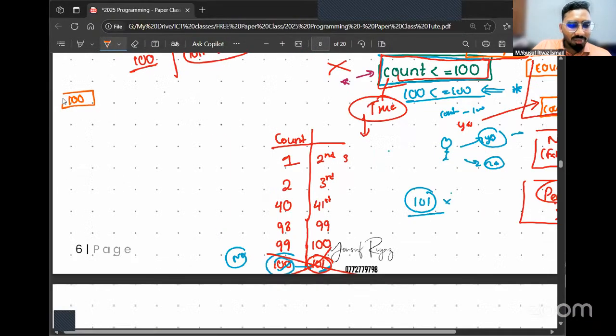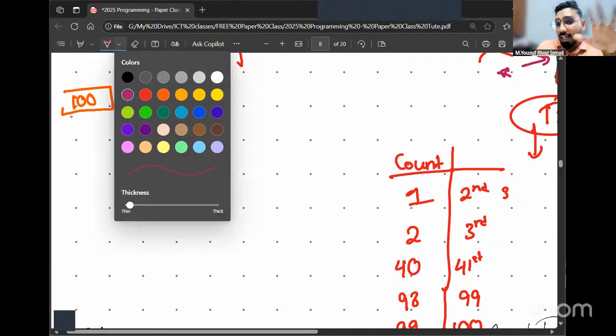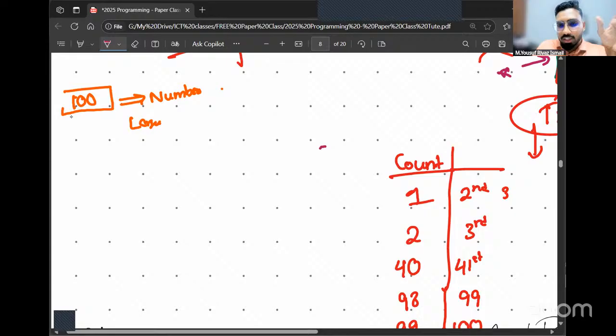Coming back to the question. Let's say I tell you that I'm going to give you 100 numbers. Out of the 100 numbers, you're supposed to tell me the largest number. Now, you can't write anything. You have to do everything in your head. So in that case, let's say the first number is 2, second number is 7, third number is 6. Will you keep all these numbers in your head? Will your head store all the 100 numbers I tell?